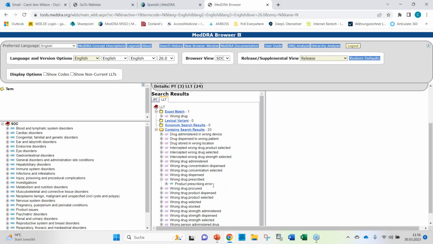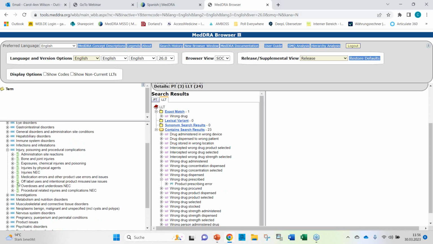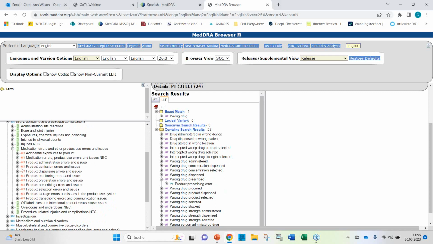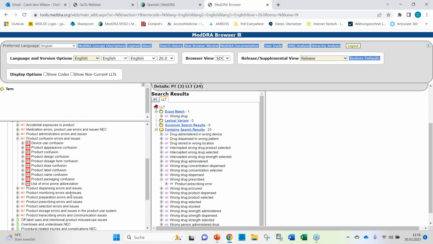And now what about the root cause? So there was a confusion. We know that in the medication errors and other product use errors and issues, we have this HLT, product confusion errors and issues. And here we have product name confusion, and we have sound alike, look alike.